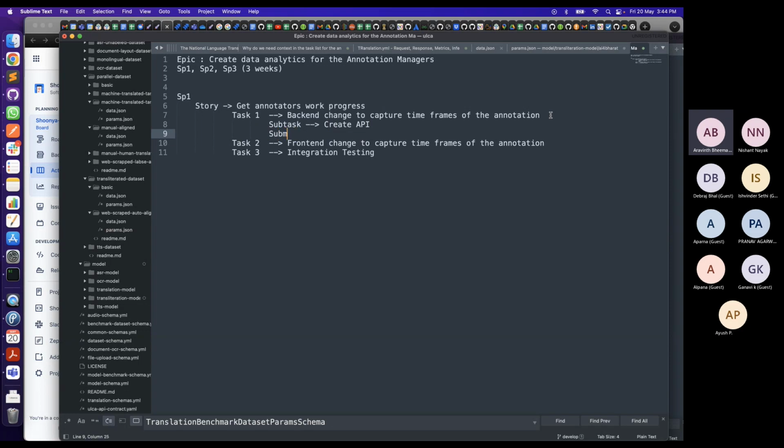The other could be some code change to accommodate something, right? So it can go in this order. For the lengthier one, you create an epic. Under that, you can create multiple stories, and under a story, you can create multiple tasks, and subtasks under that. This is all for logical grouping.